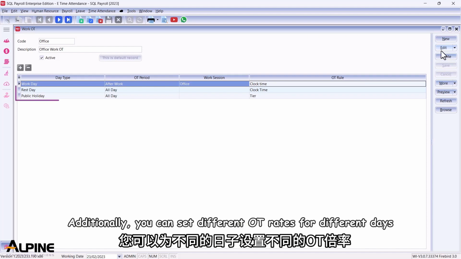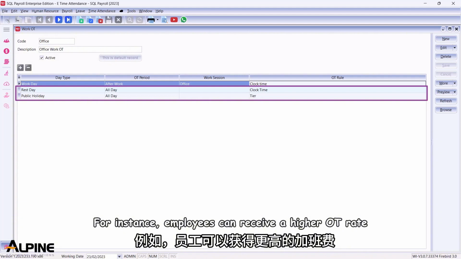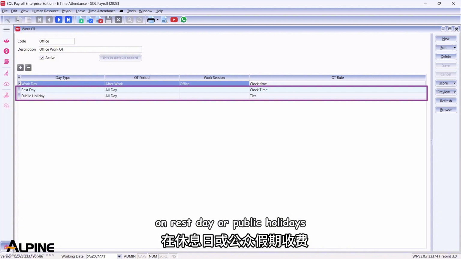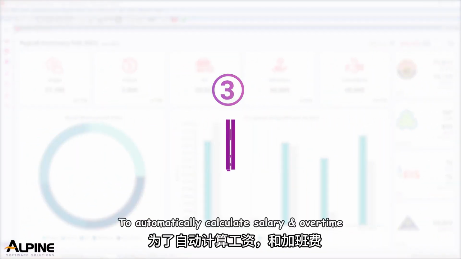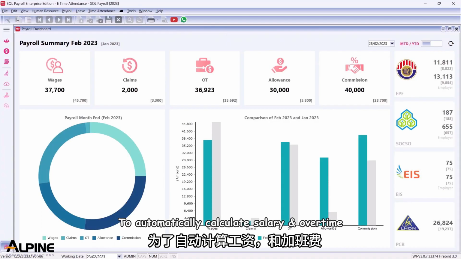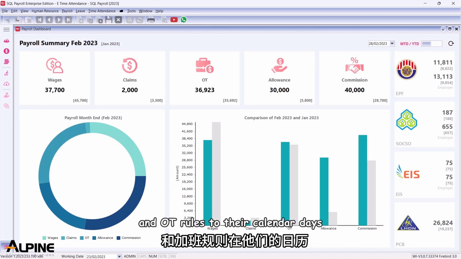Additionally, you can set different OT rates for different days. For instance, employees can receive a higher OT rate on rest day or public holidays. Part 3. Work calendar assignment to employee. To automatically calculate salary and overtime, you will need to assign employee working hours and OT rules to their calendar